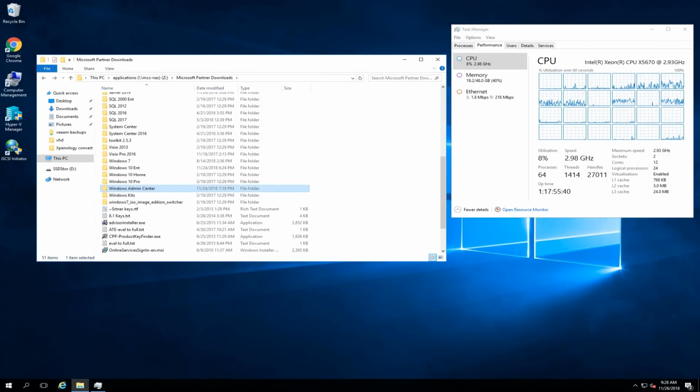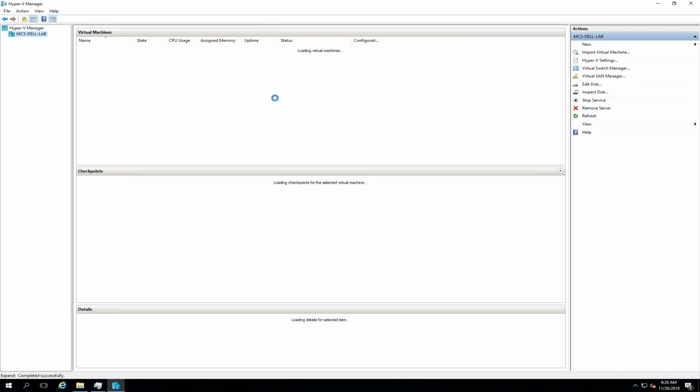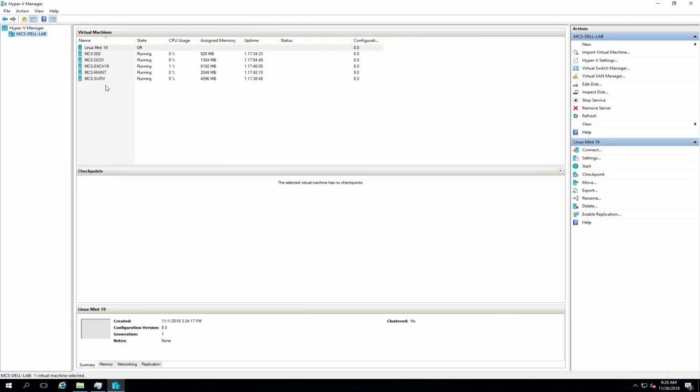Alright, so I have downloaded Windows Admin Center 1809, and I'm going to install this on my most powerful Dell server that I have, and as you can see, that is the unit with the dual X5670 processors. Currently this is a member of the domain. It's hosting most of my Hyper-V machines for production, for running the business. So as you can see here, I've got a bunch of virtual machines running in the background,